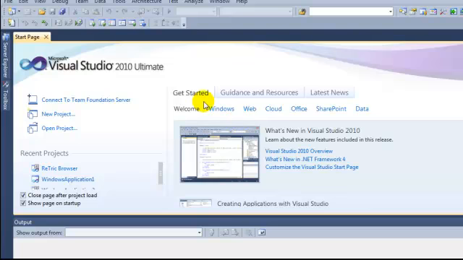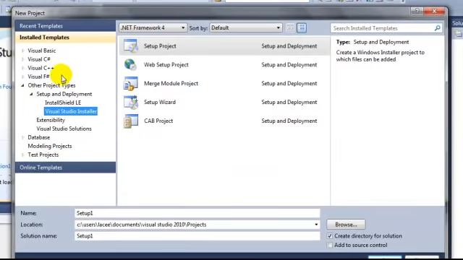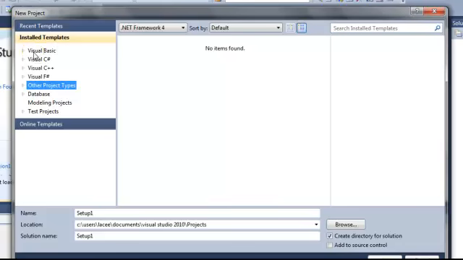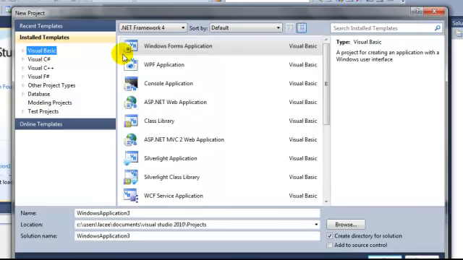Alright, when you start up Visual Studio, your first thing you're going to see is the start page. So what we're going to do is we're going to go to New Project. You want to make sure you're on, let me close these, you should be on Visual Basic. You're going to click Windows Forms Application, and then